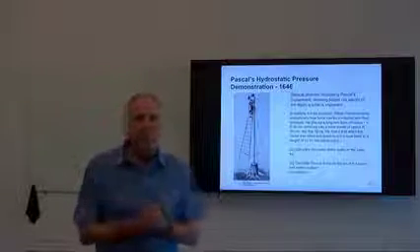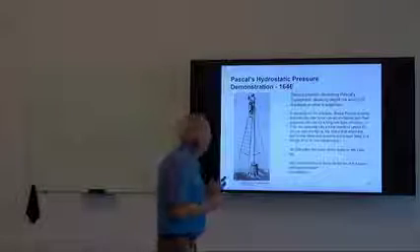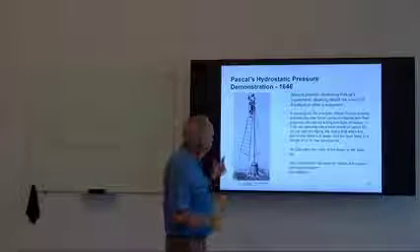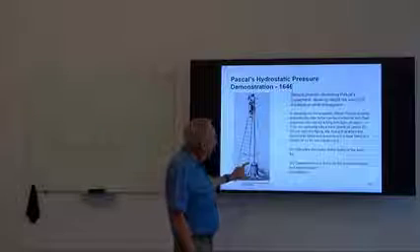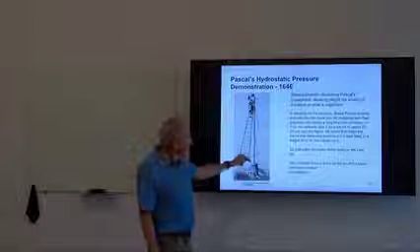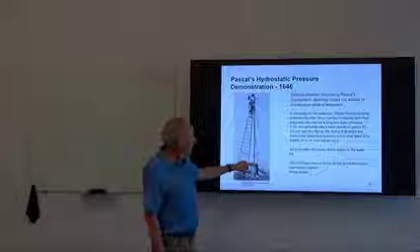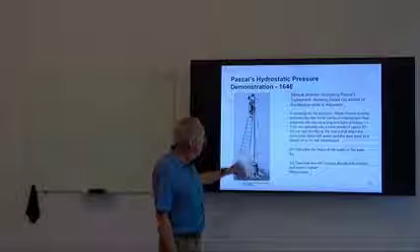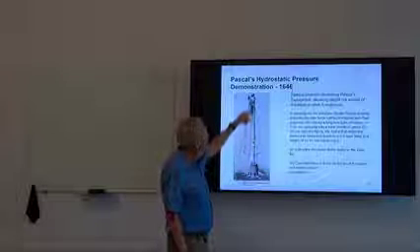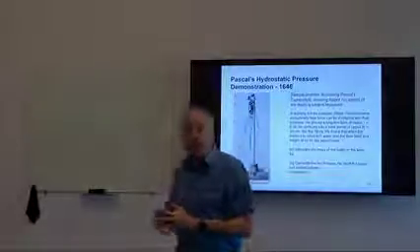Blaise Pascal, famous French physicist, came up with the idea of understanding that it was the height of the liquid column. And the famous experiment of Pascal's was to take a wine barrel, which is very strong, and fill it with water, and then to insert a tall, skinny tube, and begin filling the tube. Pascal began filling the tube, and when he reached a height of 12 meters, or about 40 feet, the barrel